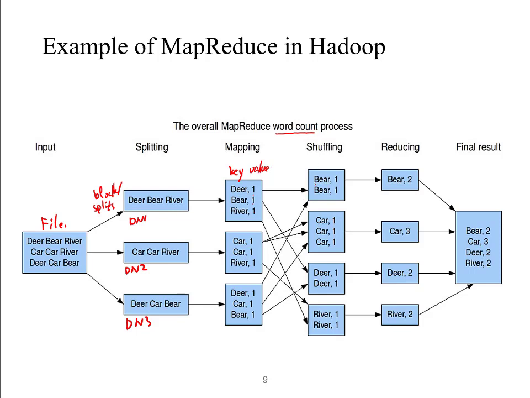So this partition only contains the keys bear, car, deer, and river, and so on and so forth. And for reducing, it will add up the numbers here to get the total number of each word,